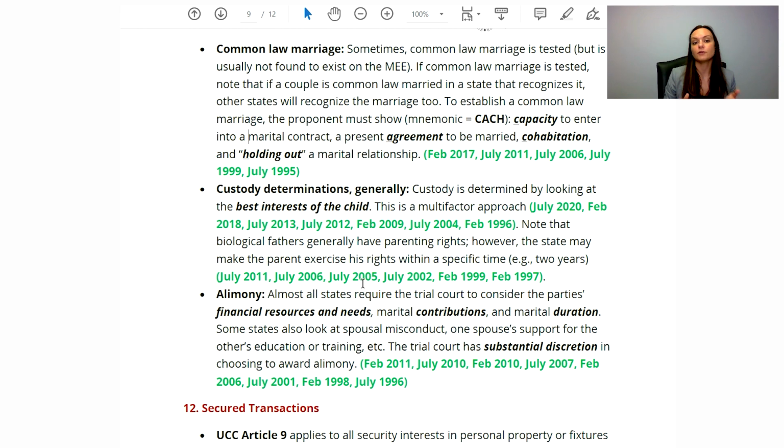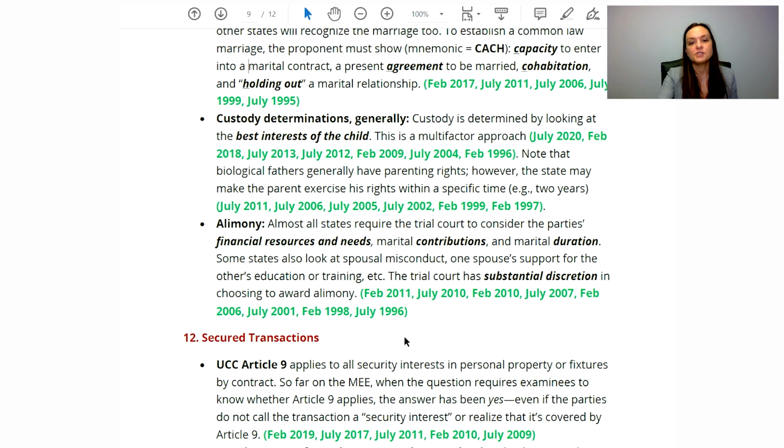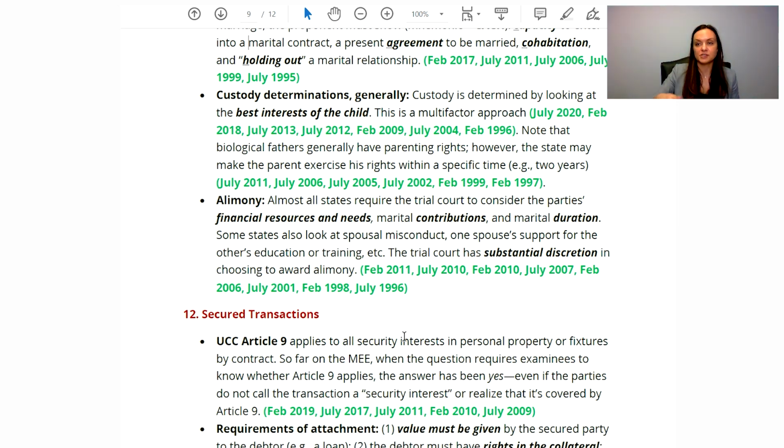So, do I think it's helpful for you to be somewhat aware of what those factors are? Of course, but I don't think you should obsess over them. Use your fact pattern to guide you here. When it comes to alimony, sometimes the question is whether or not the spousal support order can be modified. And the general answer is yes. The moving party must show that there's been a change in circumstances that would warrant a modification.